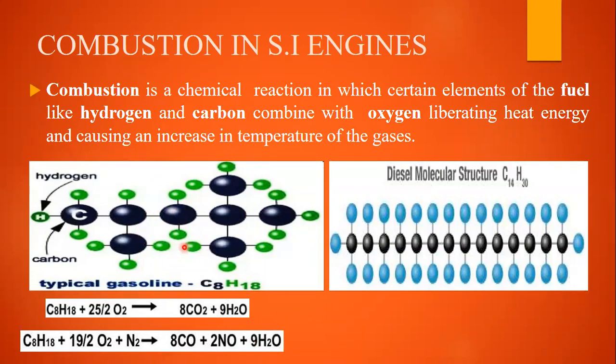See the carbons in case of gasoline, they are going to be like this. The round black balls are the carbon atoms, and the green ones are the hydrogen atoms. In this chemical form they are going to be mixed in case of petrol or gasoline. And if we take diesel, the molecular structure is going to be like this.